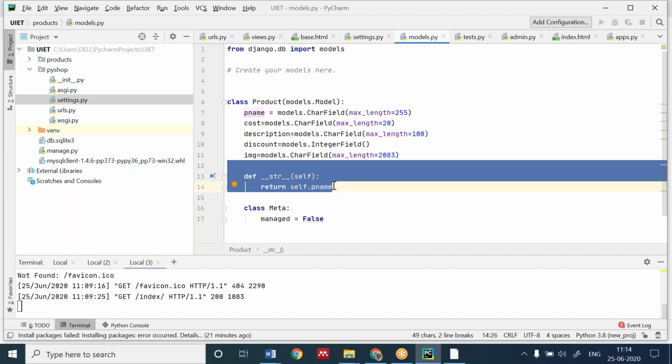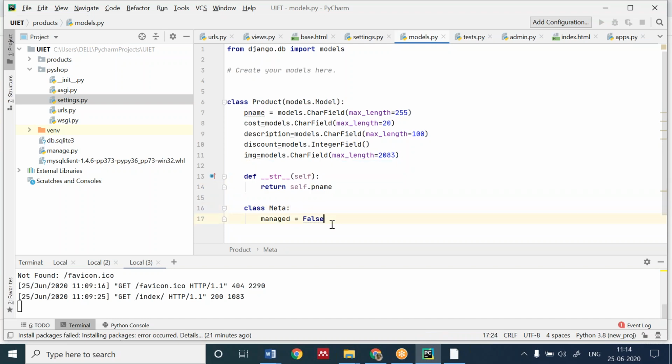Then I have used a __str__ function, which is for calling itself. Then class Meta. In class Meta, if you are using an external database, we write the external database table name. If you are not using one, we write managed equal to False.